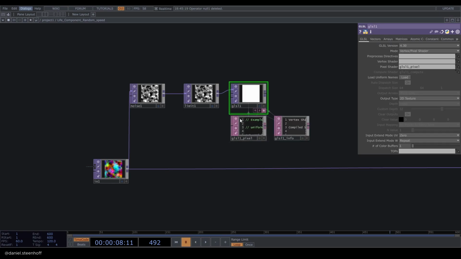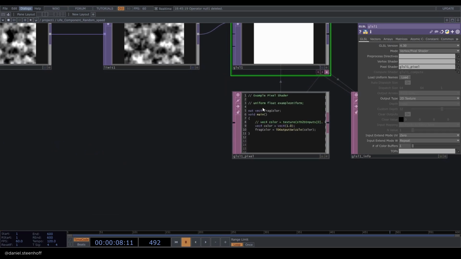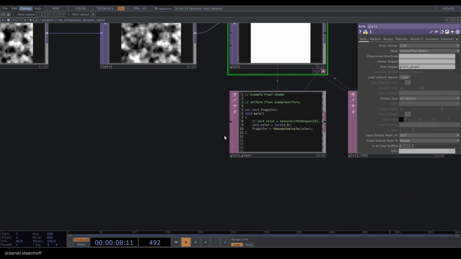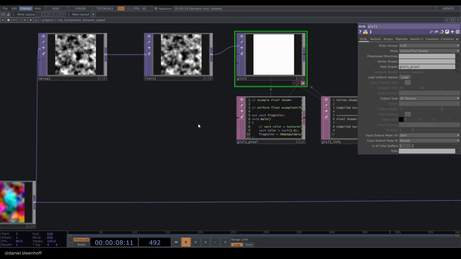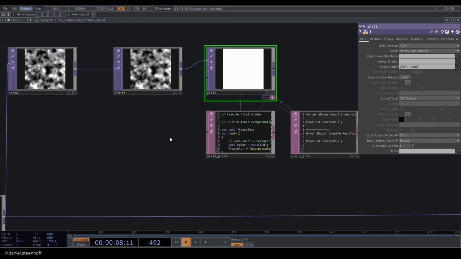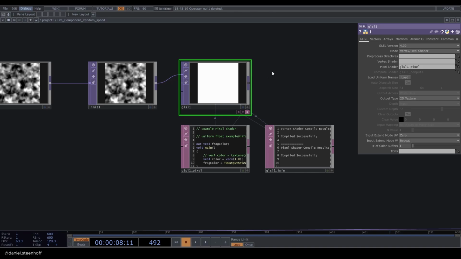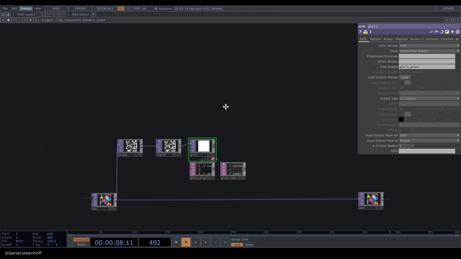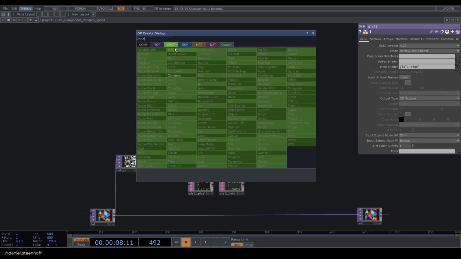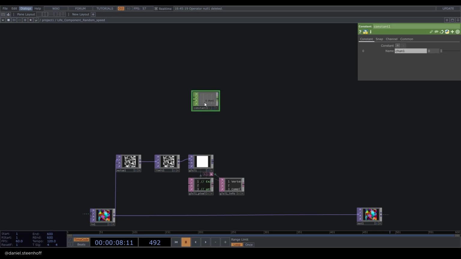Now I know this involves some code, but don't be afraid. You can just copy it, and I will still explain what's going on, and it won't be really hard shader code. It will just be some simple lines. First we need to grab a constant chop, and for this one we're going to do rate and type me.rate, and then I think live should be